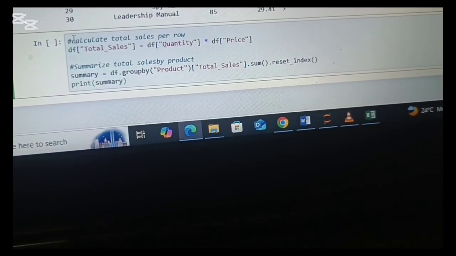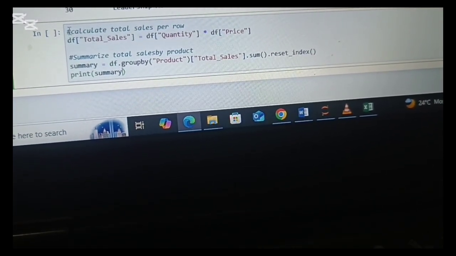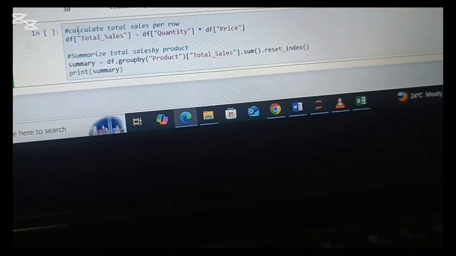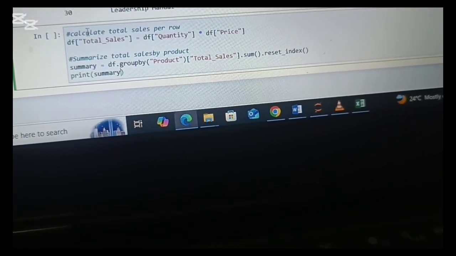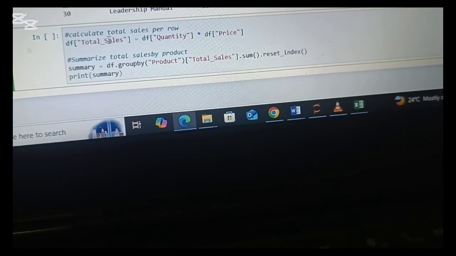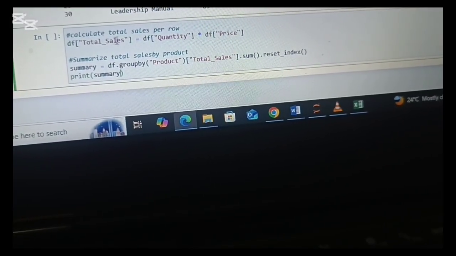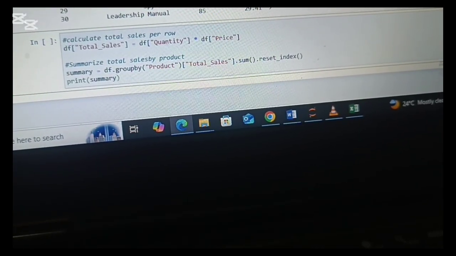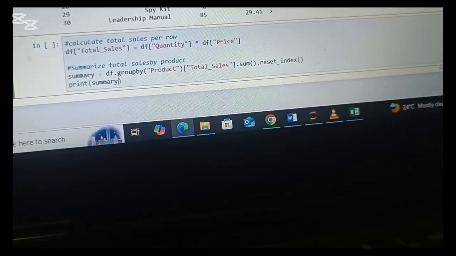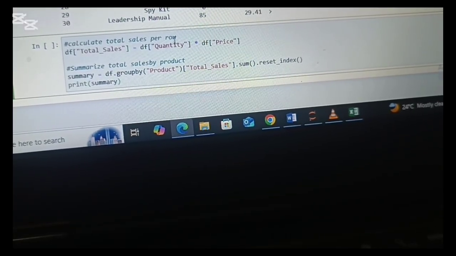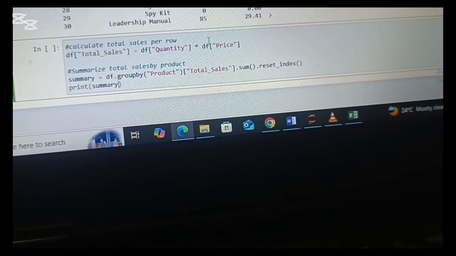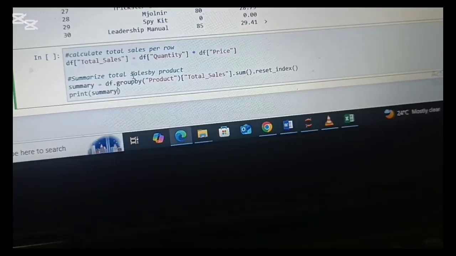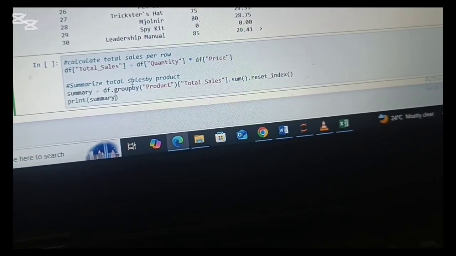Now, if you look at the top here, you see that I added a comment. We add comments in Python using the hash sign. So when executing, this particular line is exempted. Now, you see that I said calculate total sales per row. df, which is my variable name, total sales equals the quantity in Excel multiplied by the price. That is, each item in this column will multiply by each item in this one to give the total. Now below, I also continue by saying I need to summarize that sales, but this time around by product, not just getting the total. I need to summarize the total by product. This here is meant to be